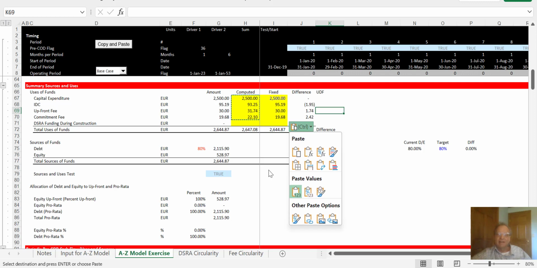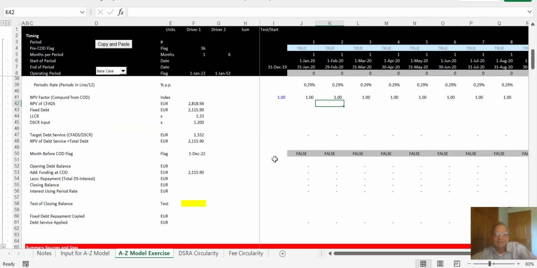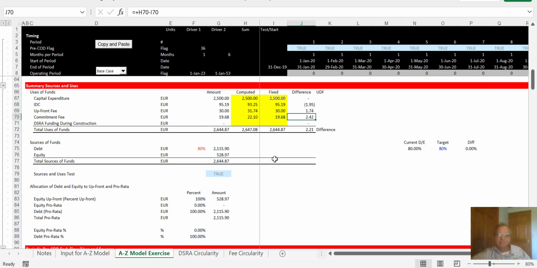Get rid of this. I don't want that here. Oh, look how bad I am at Excel. Other people are so much better, they know how to get rid of this. Now,